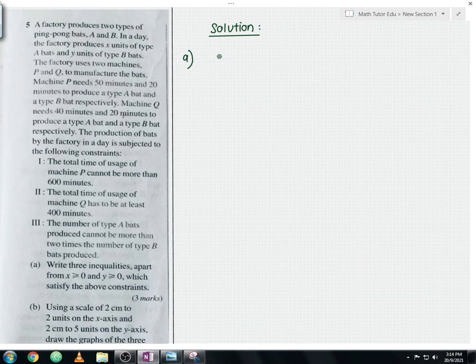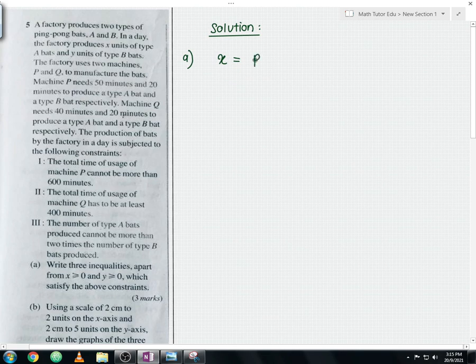Let us begin our discussion for the question part A, where we are required to find the inequalities of the constraints. But before that, we need to gather the information from this long statement. Let me guide you from there. As you can see, it mentions x units of type A bats and y units of type B bats. So from this statement, you can come up with 2 important pieces of information, where x is representing